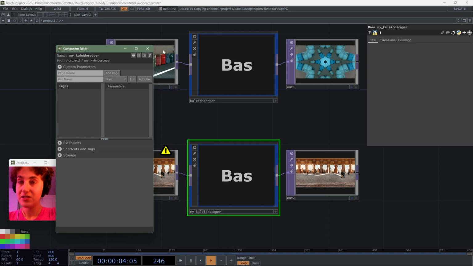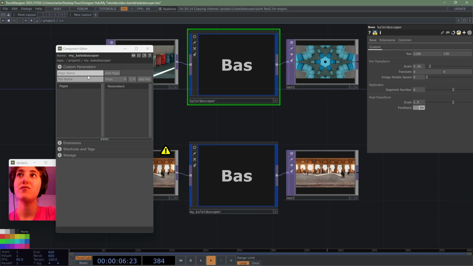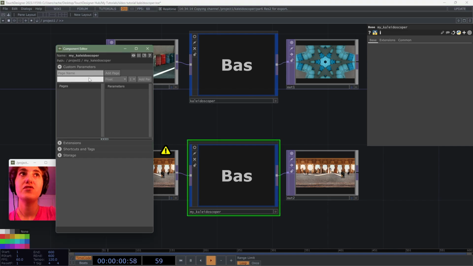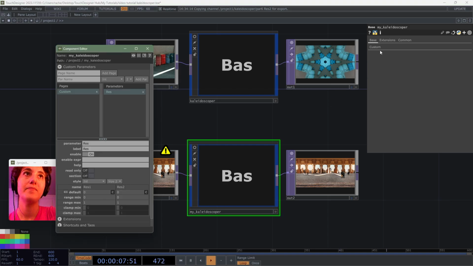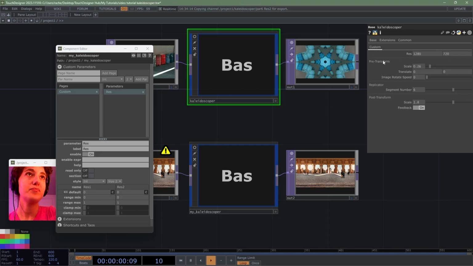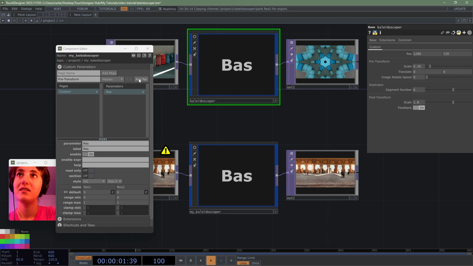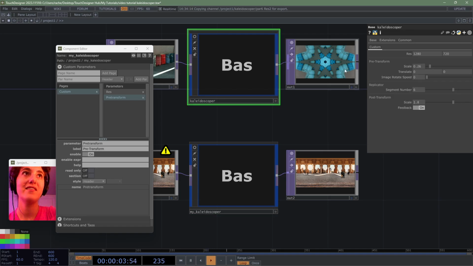Okay, so the first one is the resolution. I'm not going to create a new page, it'll just automatically create one. So I'll do res, I want them to be integers, and I want 2 for x and y. There we go. I want headings just for organization's sake. So I'll add one that's called pre-transform header. There we go. And in pre-transform, I have scale,